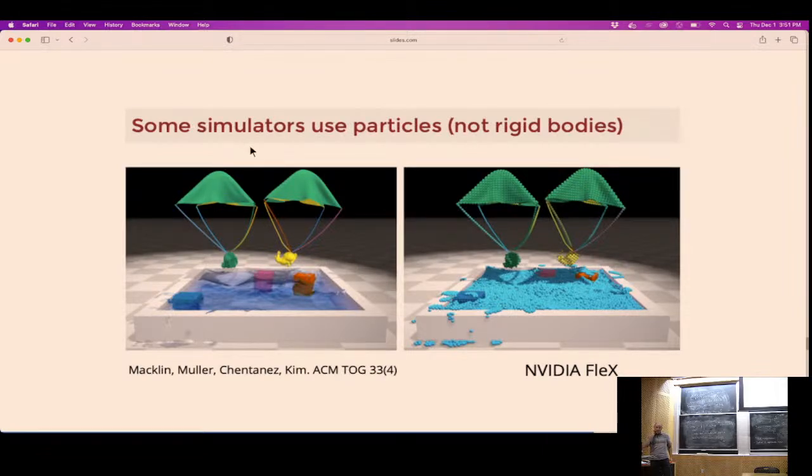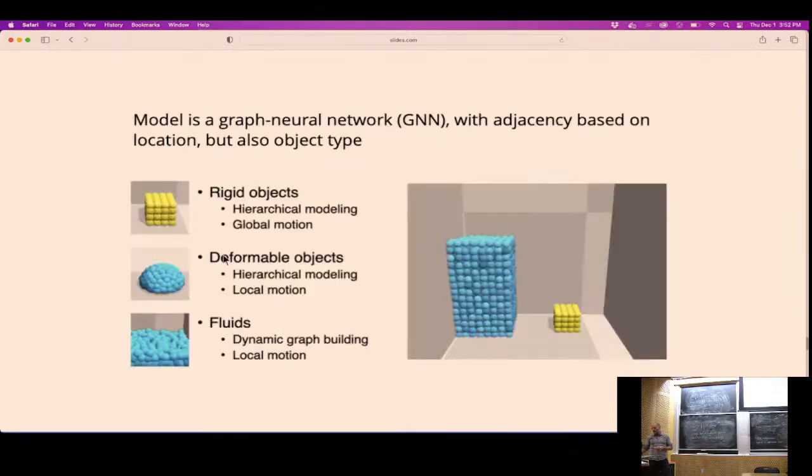And some of the physics-based simulators that you see out there actually do use particles, not rigid bodies. NVIDIA Flex is probably the most famous one, right? They have great animations of semi-rigid things, rigid things, fluid things, all interacting beautifully by simulating bazillions of particles on a GPU. So Yunzu was asking, well, can we use that as our underlying representation in a neural network? And he's done a beautiful line of work thinking about these kinds of things, where he would, again, use the graph neural network,